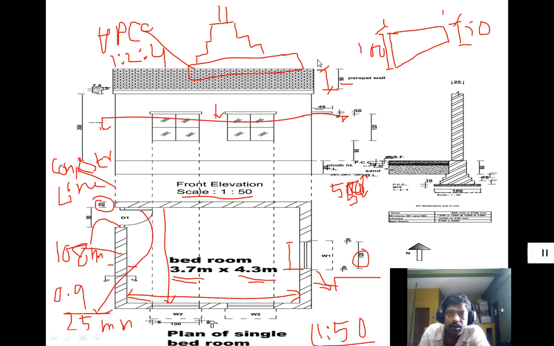So the thickness of the PCC footing, the plain cement concrete work, is how much? That is 150.